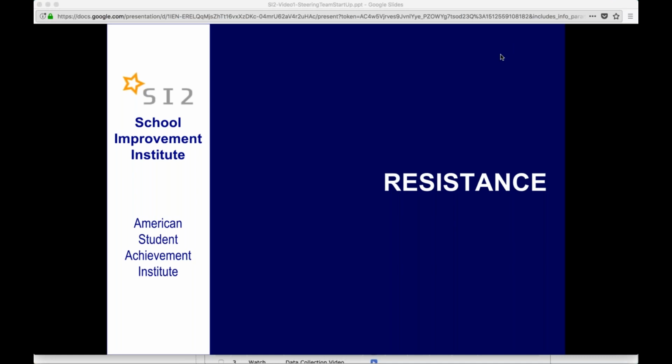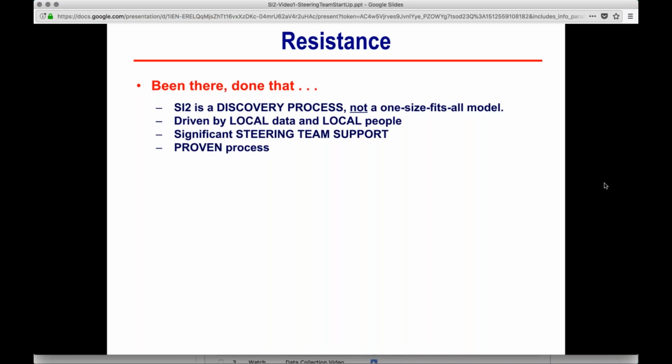I'm sure this is a term that you're all familiar with on many different levels. And of course, it will be a rare occasion if you don't run into some resistance with this. We all have. Here are some of the basic things that I'm sure you recognize very easily, as well as we do, that we've heard over the years. The first thing, of course, is been there, done that. It's been done. Here we go. Here are some answers on how to deal with that been there, done that idea of resistance.